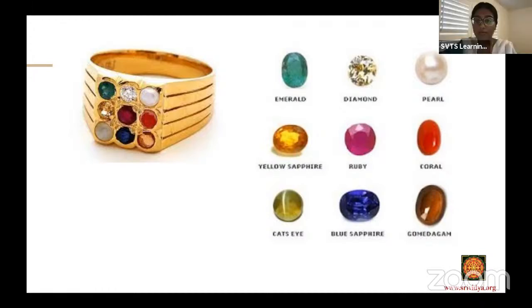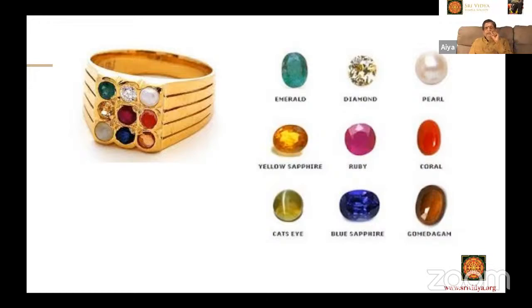See, the central ruby is for sun. Now, please remember that these gems, you have to choose them gem quality. They must be the best you can buy if you are going to wear it. And the way they set them, the back portion of the ring where they are set has to be open. If it is closed, it has just become an ornament, but it has to be open.